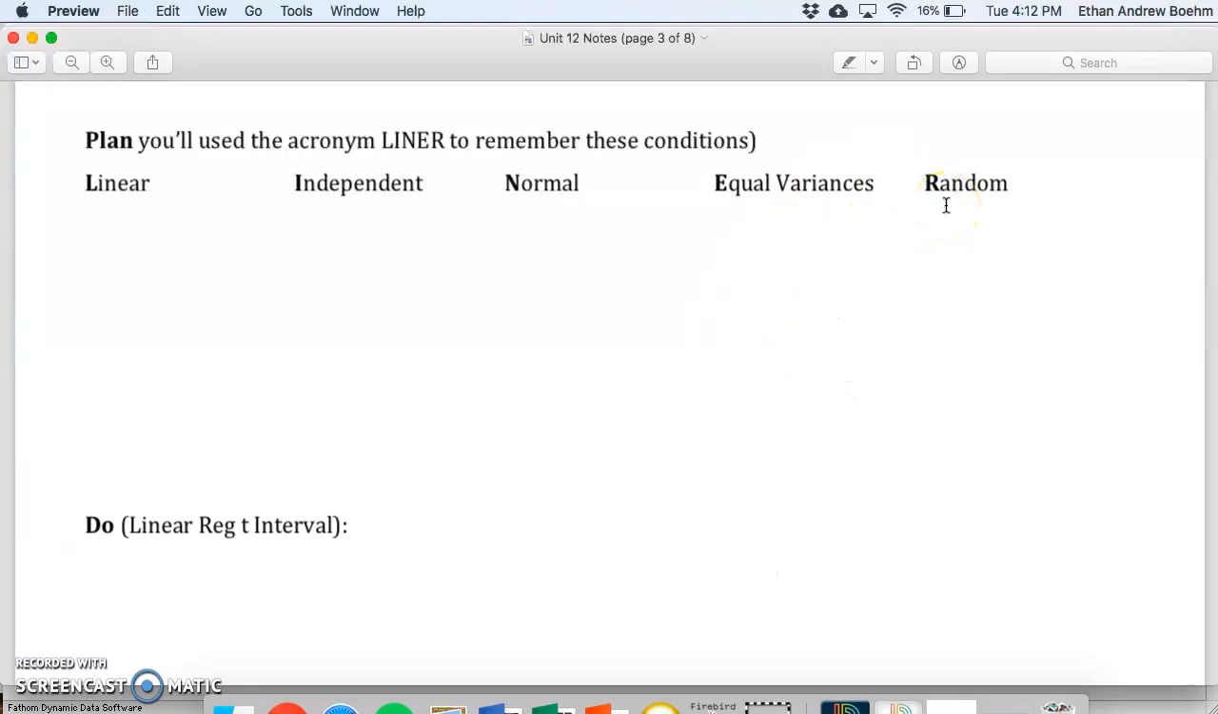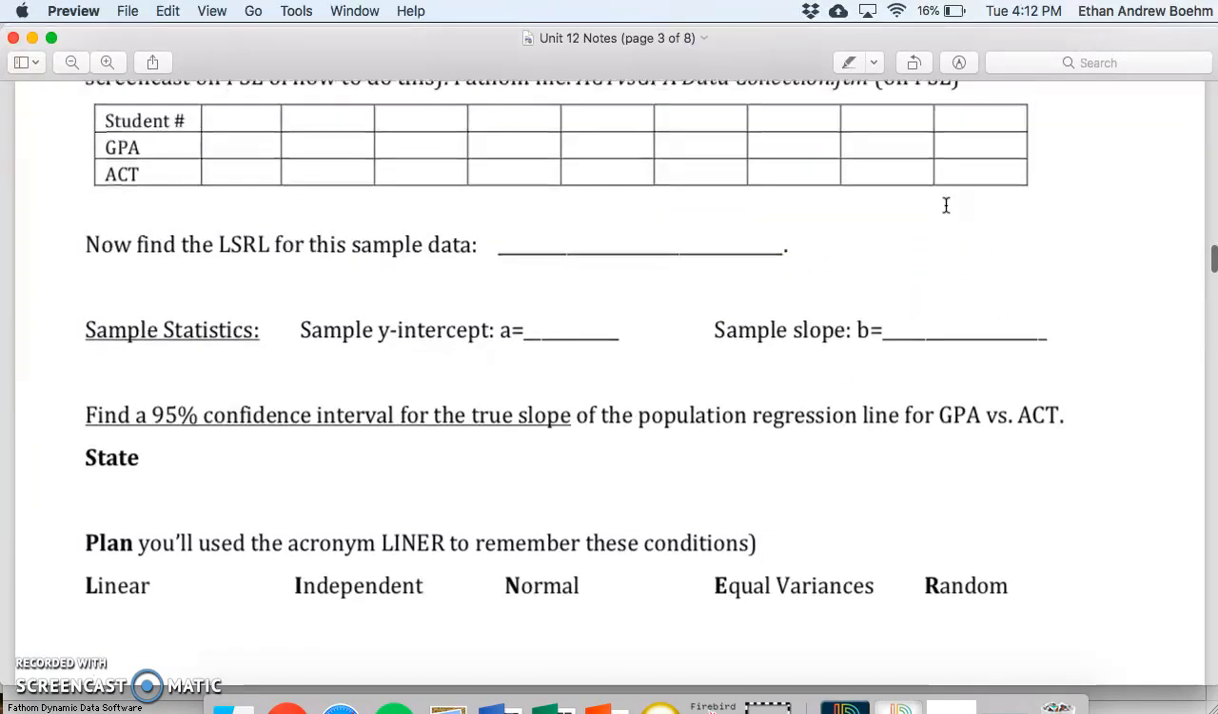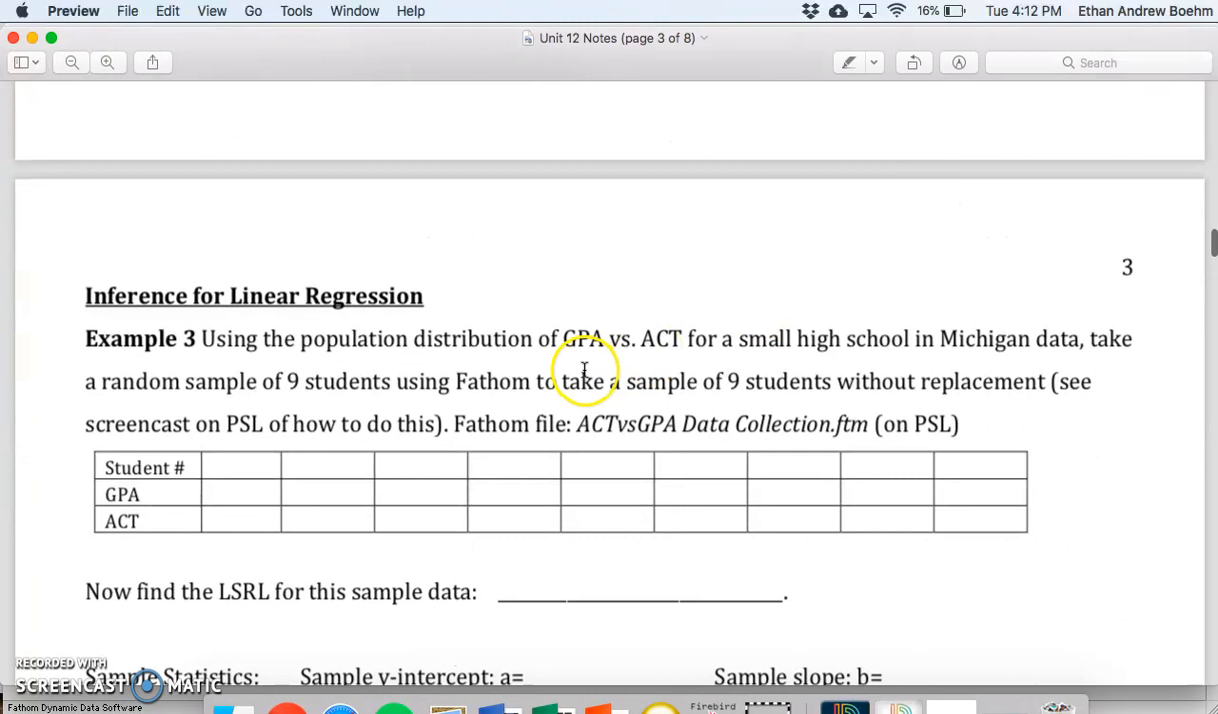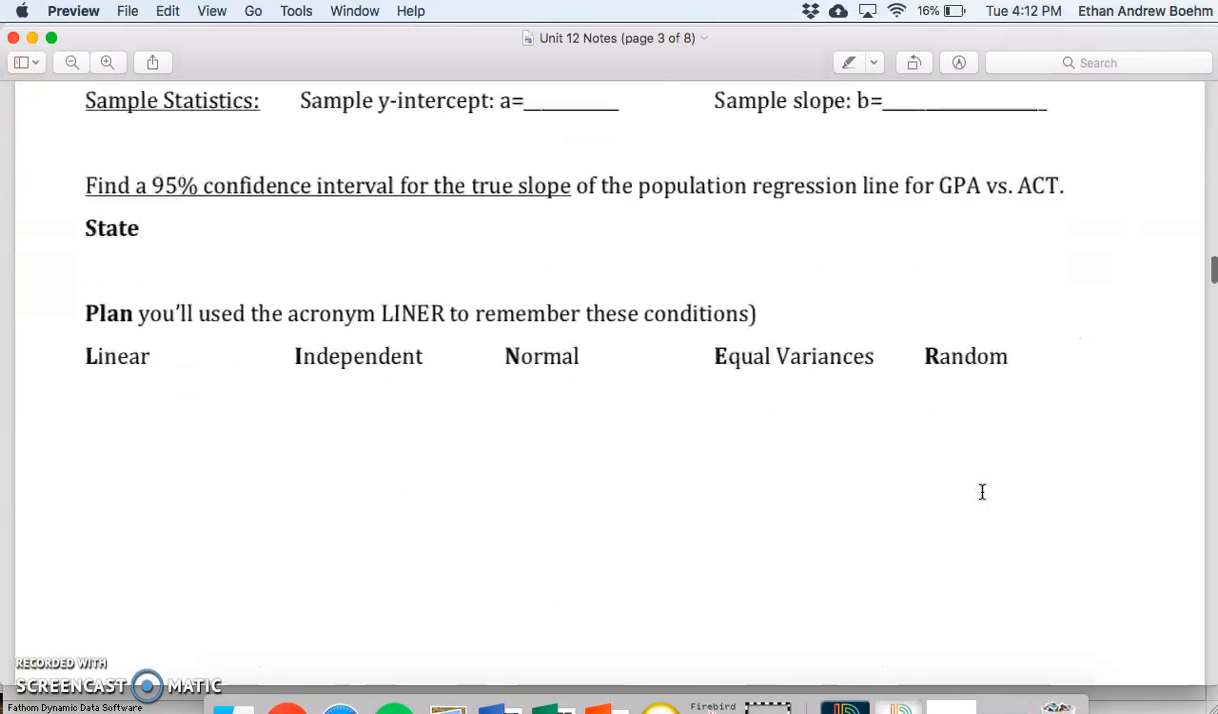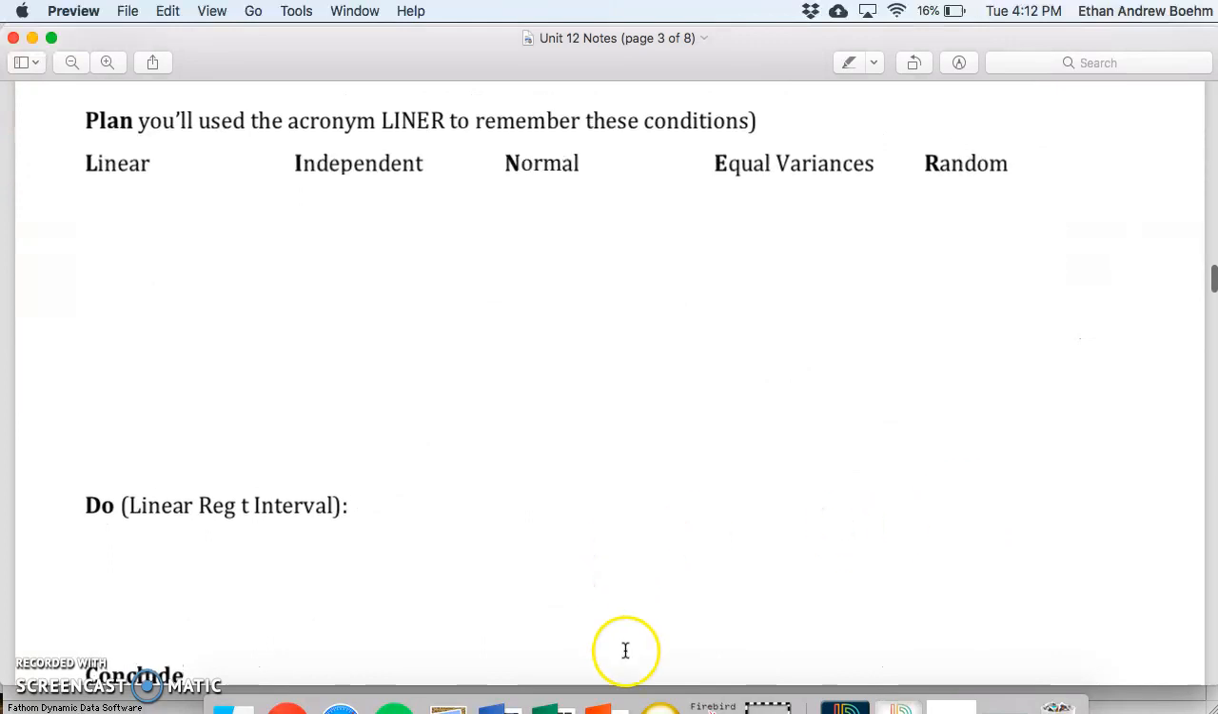The random condition we would just quote from the text, and we would say that we randomly selected 9 students using Fathom. And that is